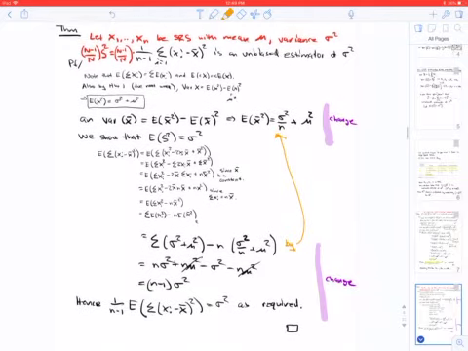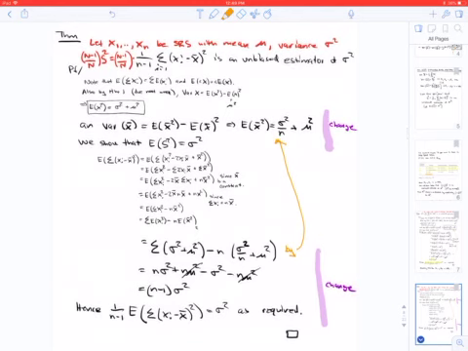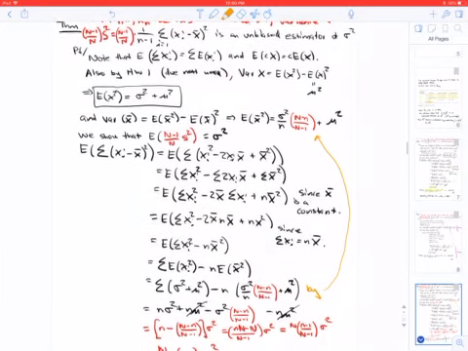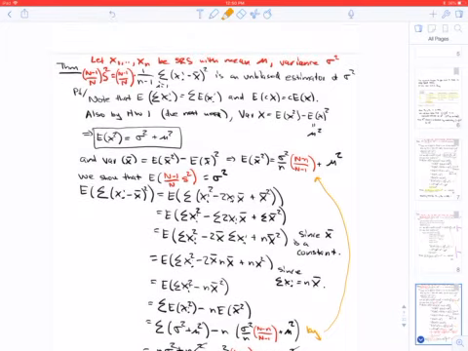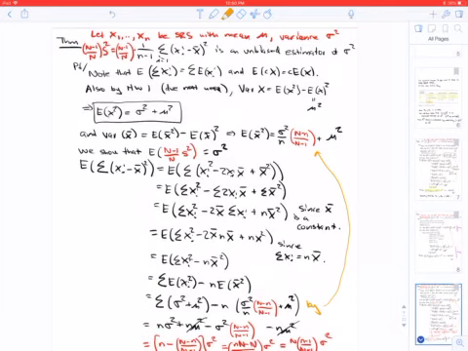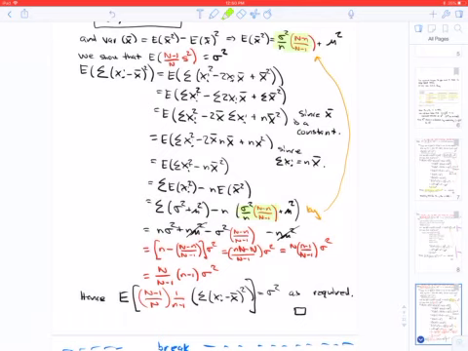So I essentially asked you to figure out what you need to change in the proof, and the places where you need to change are shown in purple here. I gave you a little bit of time, not enough time, but make sure that you can follow this proof. At first I changed the statement: n minus 1 over n, which is the same as 1 minus 1 over n, times s squared, is an unbiased estimator of sigma squared. So you need to put the correction factor in here. Let me get another color. So here we need this correction factor, and then that comes here, and